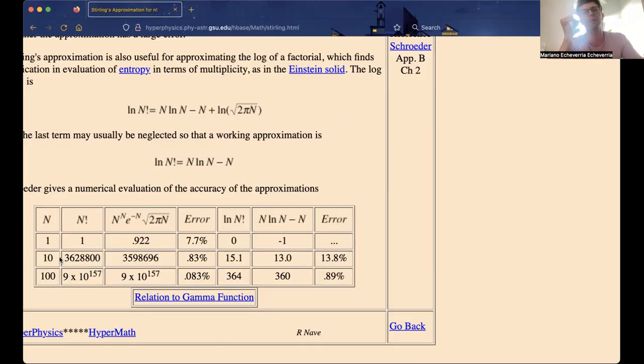And here you're thinking about putting n equals 10 to the 24. So imagine how much better this gets. That's the funny thing with these approximations. Sometimes you say, well, for n large, and you think then n must be huge. And many times they start working pretty well even for low values of n, way lower than you would expect.